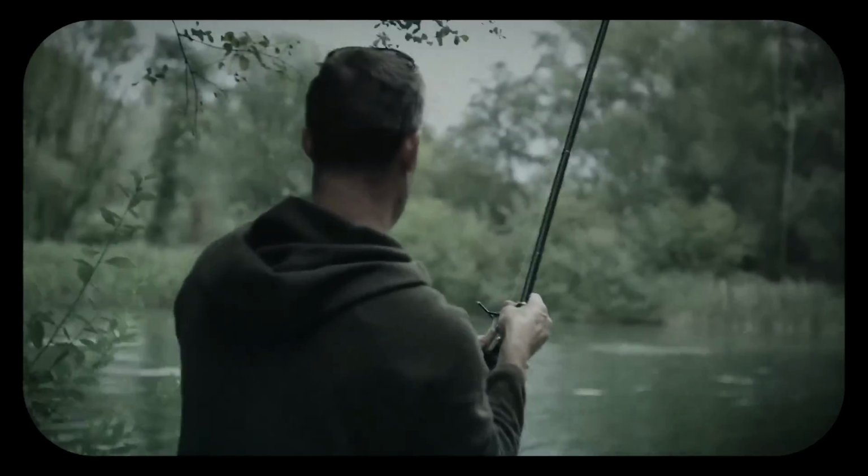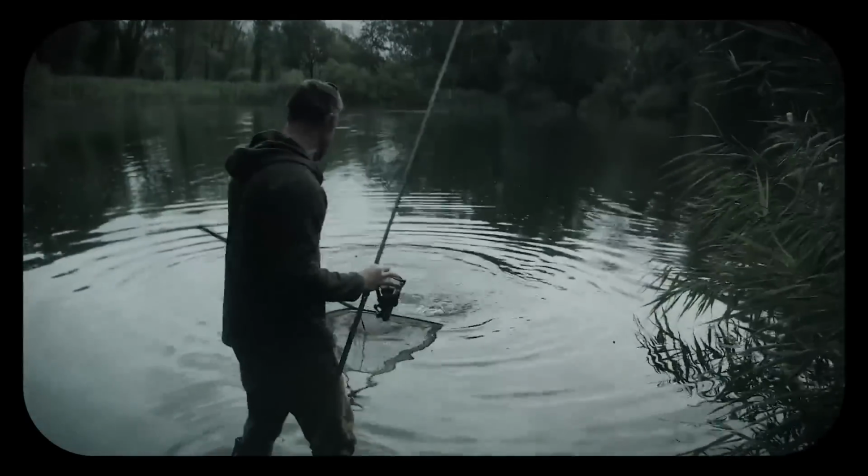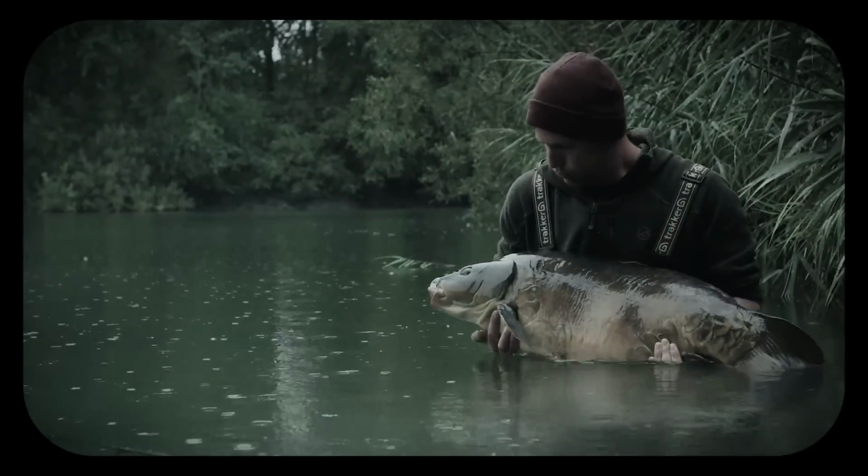It's a take. Don't do it. Go on, go in there. Go on. Those big... you think, yes, yes. It was a 36 pounder, but to cut a long story short, the fish came into